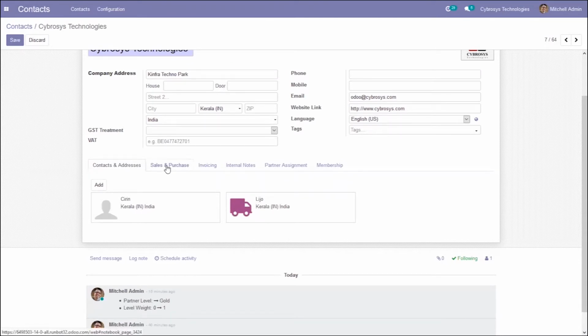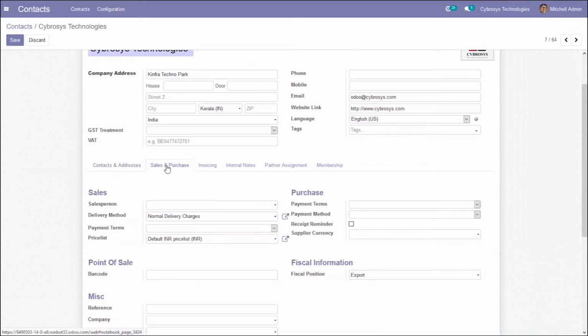Now you can find a tab, Sales and Purchase, where you can add details related to sales and purchase. Here we can set the related salesperson, that is the user in charge of this contact, and then we can set the delivery method. We can set the default one for this contact. So when you're choosing this contact on a sale order, this one will be taken instead of the default delivery method.